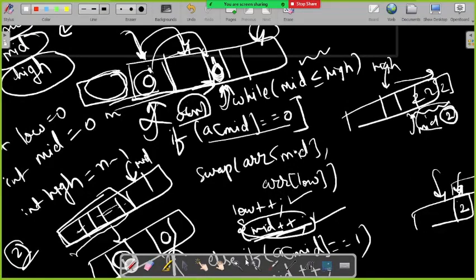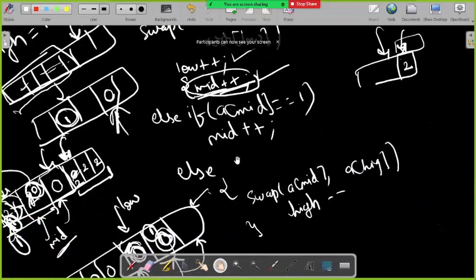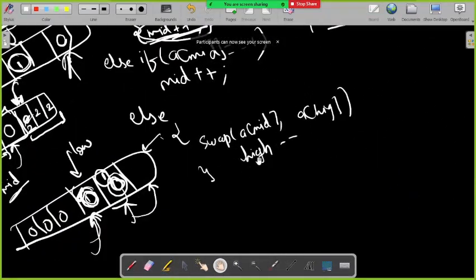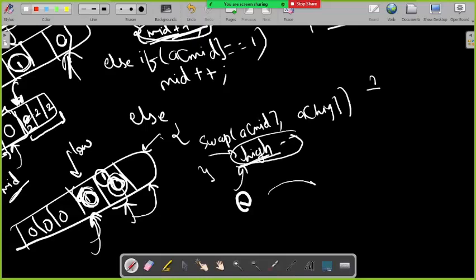Okay, now you can ask me one question: if you are not incrementing the mid here, then how can you say that you are doing it n times? Because here you will be doing 2 times, right? But if you see, I have decremented the high, and I am going till high only. So anyhow this high will compensate that one extra iteration, right? So overall it will be order of n only. So in one pass you are able to do this. Here you are not incrementing the mid, but you are decrementing the high.